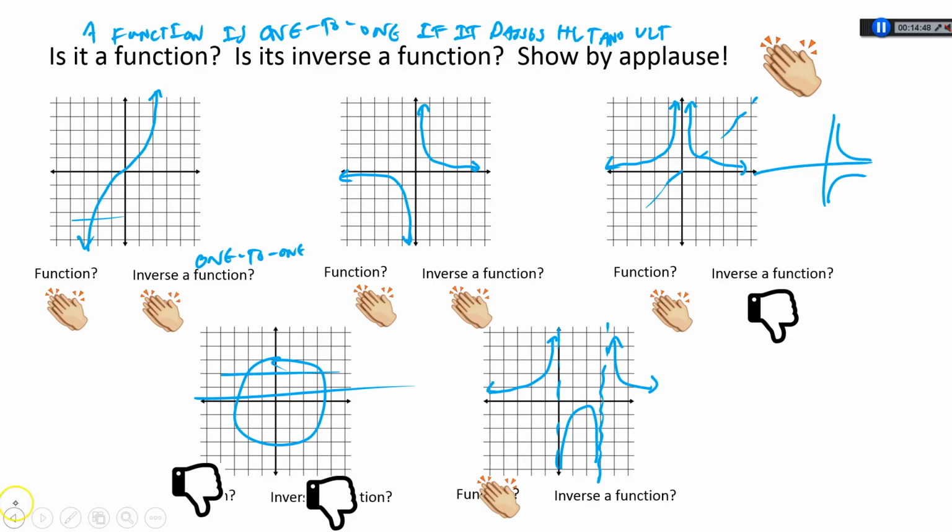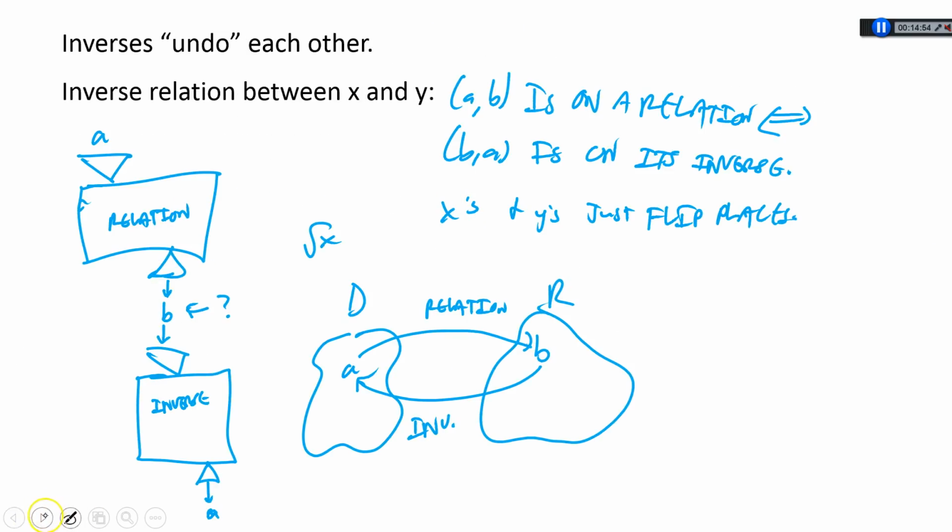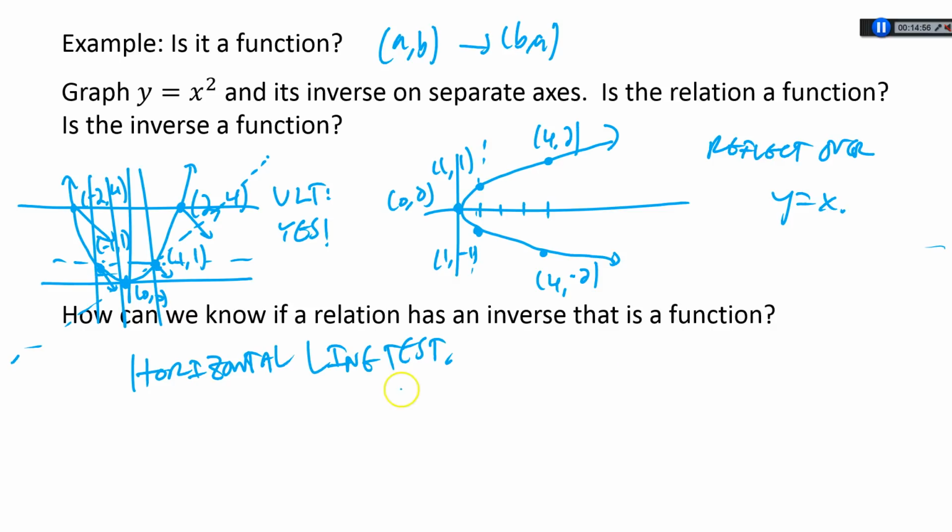Okay, so I think that's the last slide I have, but I kind of want to say one more thing, and I'm going to add it to the last slide, so I'm going to have to go back here through all of our rounds of applause. There we go. Oh, too far. So, the horizontal line test tells us if a relation has an inverse that is going to be a function. So there is some notation we can use for this, because if it's going to be a function, so if the function is 1-to-1, which means it passes the horizontal line test and vertical line test,